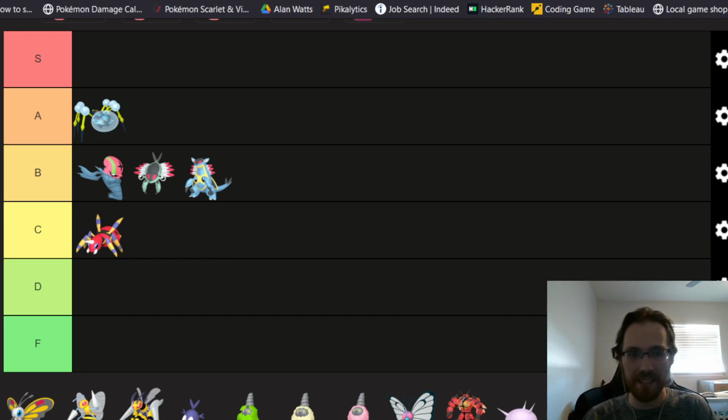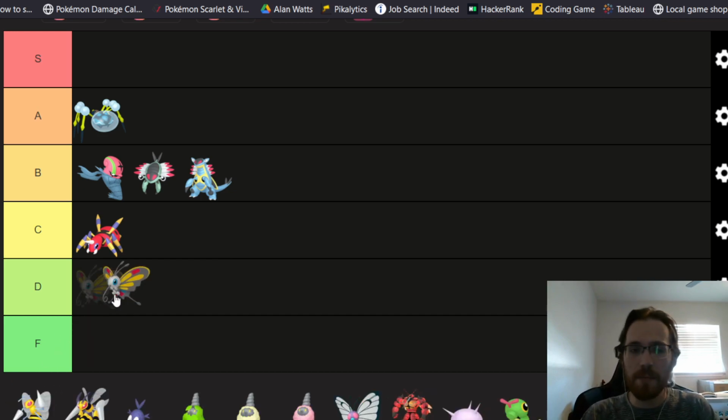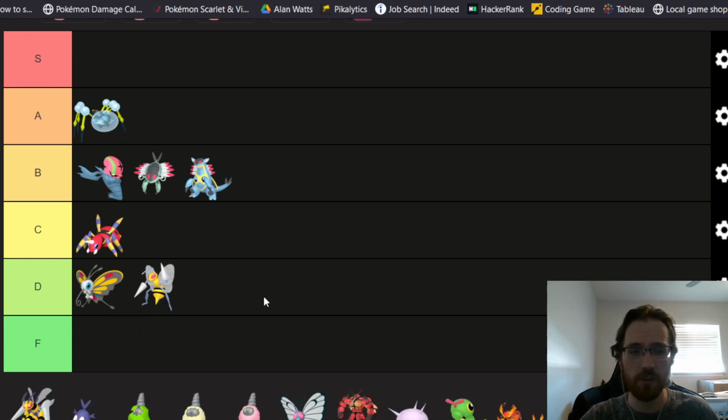So it has some cool colors that I don't see on butterflies. You're a D, but that's about it. Now, Beedrill, you're just a bee with more stingers. That's all it is. You're just a bee with more stingers. You don't even have cool colors. But